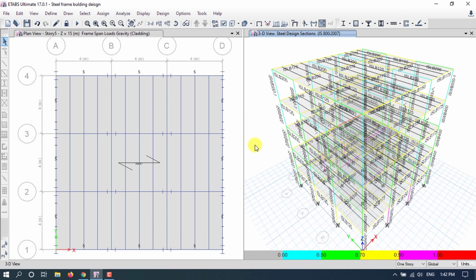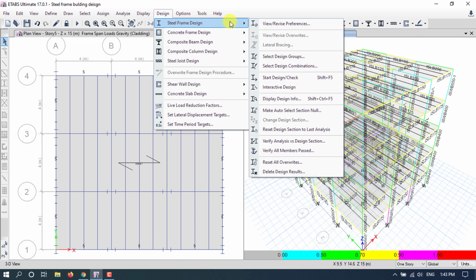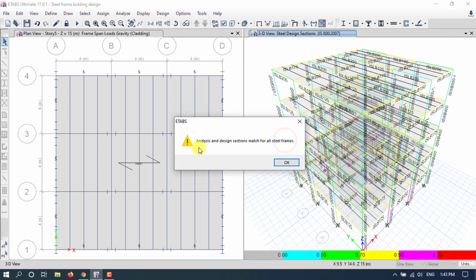Okay friends, after several reiterations, analysis versus design section match for this building. For that, go to design and go to steel frame design and go to verify analysis versus design section. Okay, analysis and design section match for all frames.